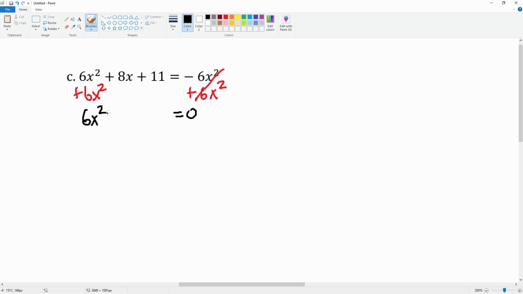Leaving you with a 6x squared. No, sorry, not 6x squared. 6x squared plus 6x squared becomes 12x squared. It stays as x squared. Plus 8x plus 11. Oh man, this is going to be complicated. There's no GCF too. 12